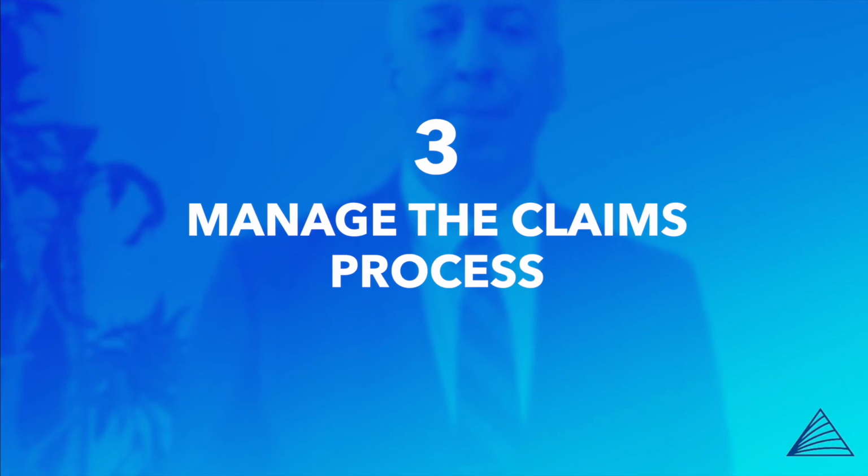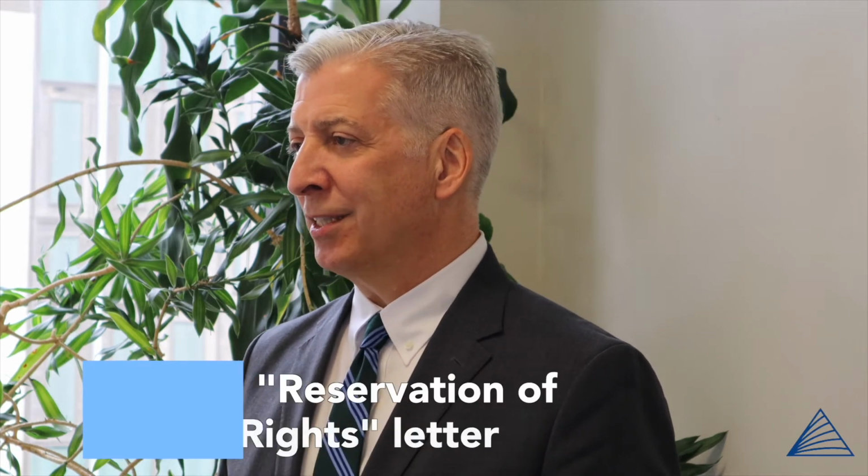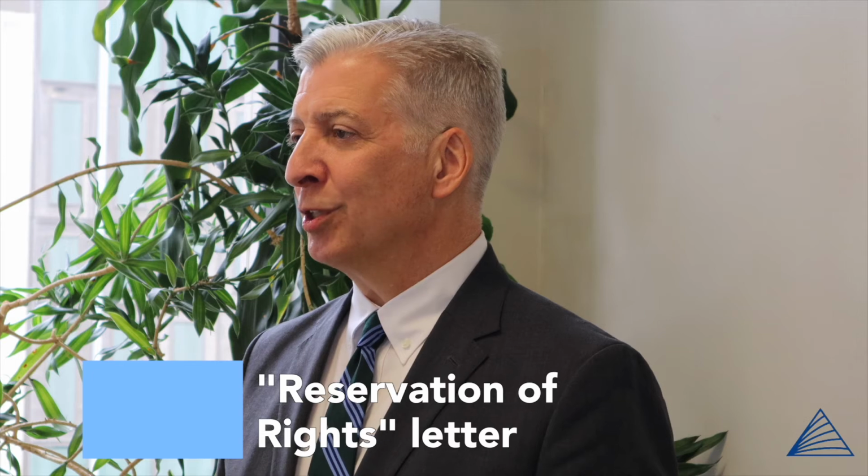3, manage the claims process. Very often when you submit a notice of claim to a directors and officers liability insurance company, you'll receive something called a reservation of rights letter. Often you need to respond to that reservation of rights letter, usually with a rejection of the bases for the